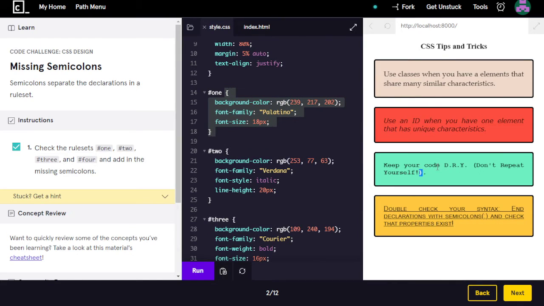And keep your code DRY. Don't repeat yourself. Good computer science concept. Double check your syntax and declarations with semicolons and check that properties exist. Okay, so that was the main idea of this challenge. Next challenge,